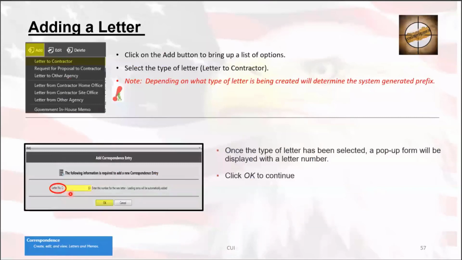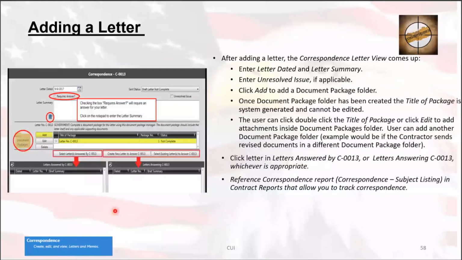And then you get to the letter edit view. In the letter edit view, you can check whether or not it's required. You can enter the letter summary. You can click on the add button to add the actual physical letter to the document package here. Once you have done that, if it's answering a letter already, select letters answered by,